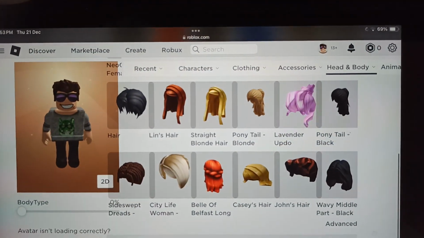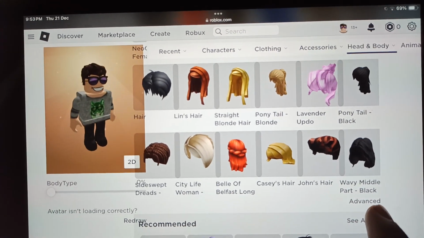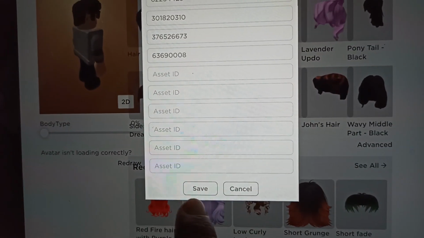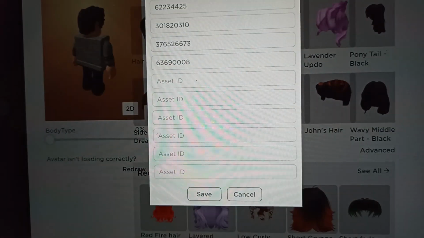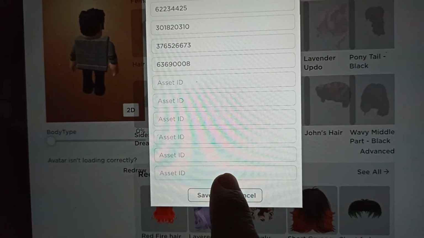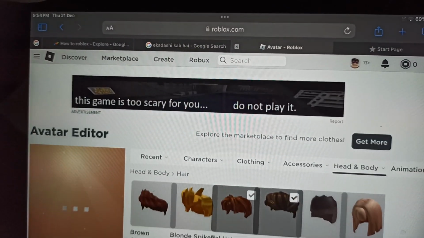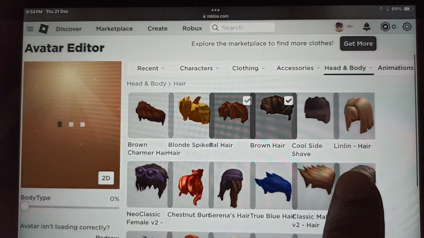and here you will see the advanced option. Just tap on it. Just tap on this blank asset ID and paste your asset ID and tap on save and save again, and your two accessories will be selected. You can see,